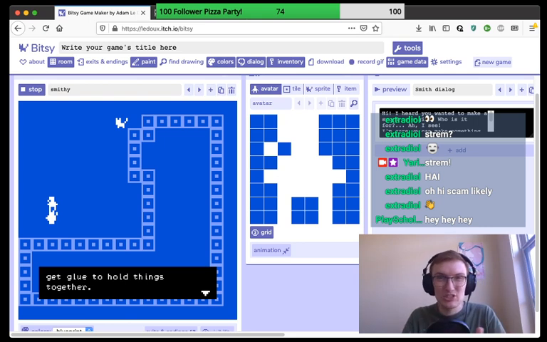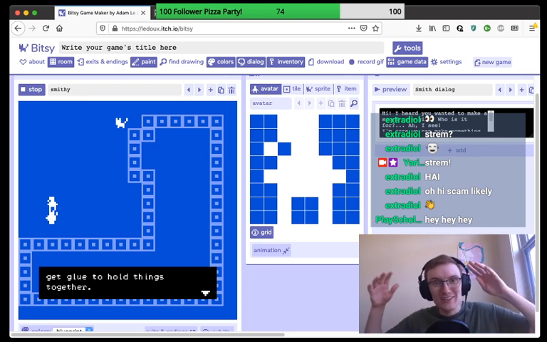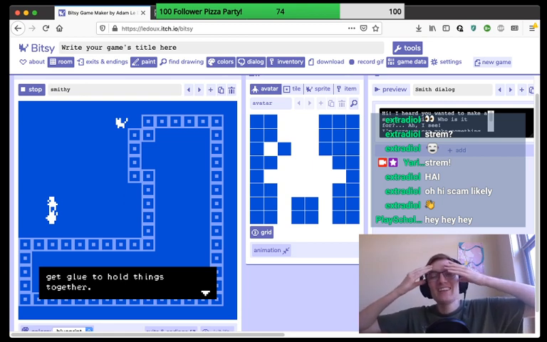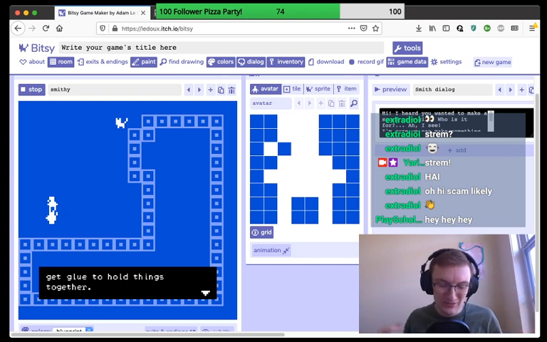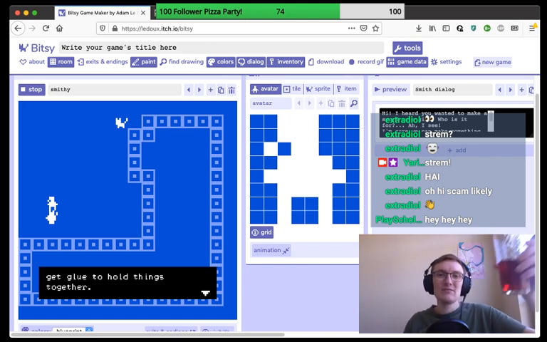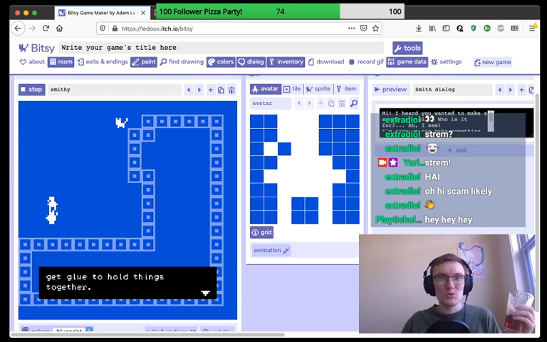Bitsy allows you to use generally 3 colors as your base color scheme, and there are some hacks that allow you to expand that color scheme, but getting into those is like, oh, there's so many colors. And I mean, in a good way and in a bad way, because it introduces a lot of extra variables. So I am going to avoid those hacks specifically for now. I have very little experience with the color hacks. I have a lot more experience with music hacks and dialogue hacks and some other basic stuff. So anyway,